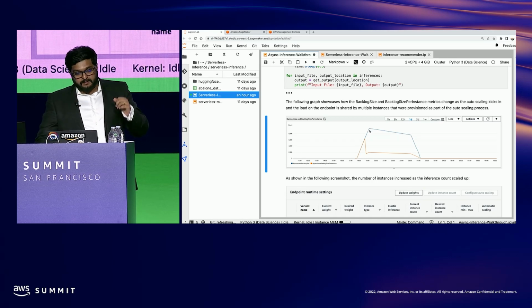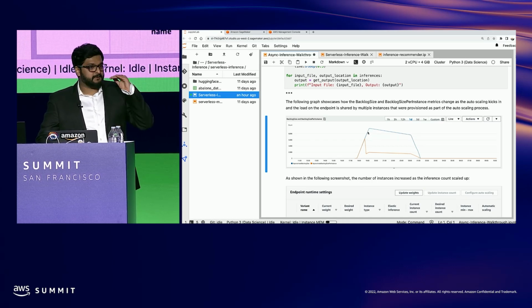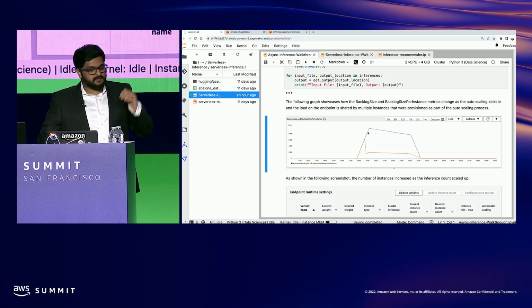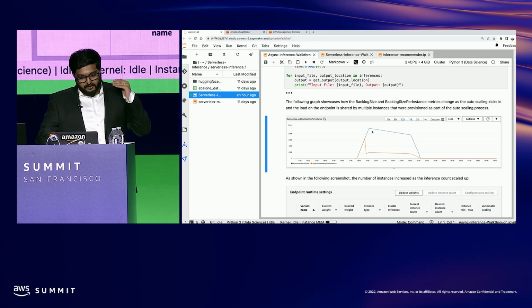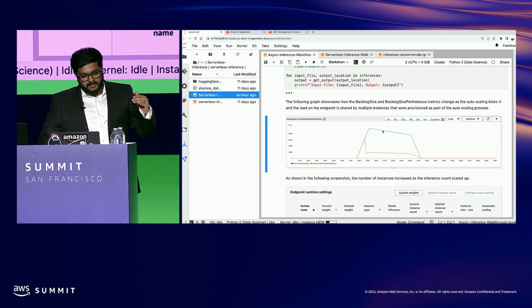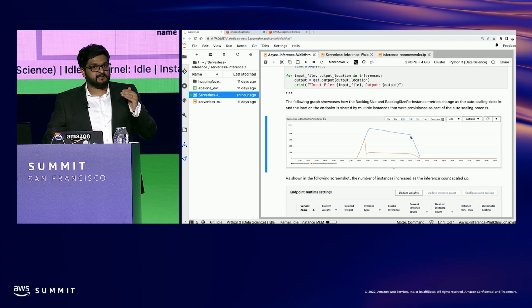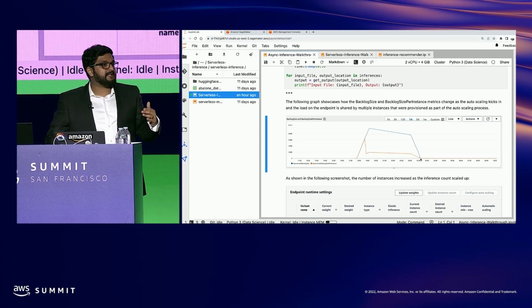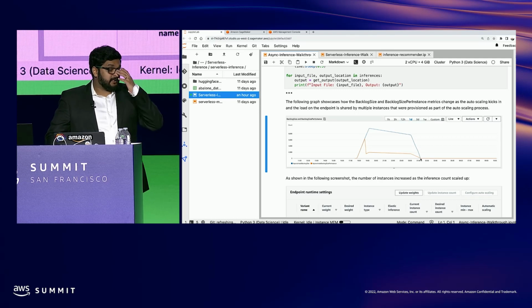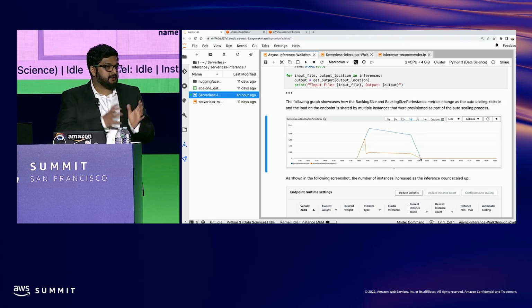When there is a high amount of requests coming in, the number of instances gradually increases. When the number of instances increases, your backlog also decreases. That's where you see the decrease in the graph, and there is a complete dip. This is when you do not have any invocation requests in the queue and all